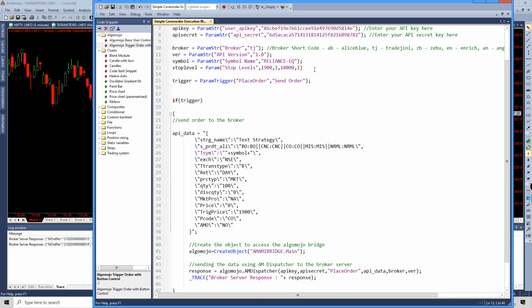So basically the users can control their stop loss level. That stop level is what I'm going to replace this 1900 with. So I'm going to do the same procedure. I'm going to put double quotes. Inside these double quotes, I'm going to put a double plus. Inside this double plus, I'm going to bring this variable stop level. So that replaces the value with the dynamic stop levels. Now I can control the stop levels. Let me save the code and apply the code.